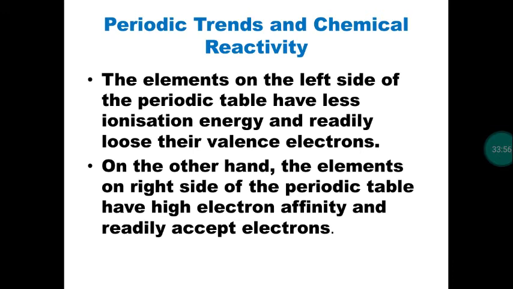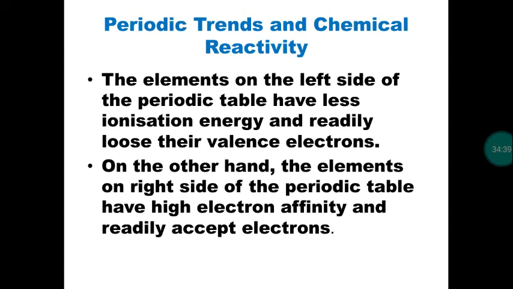Alkali metals and alkaline earth metals will have low ionization energy because left to right ionization energy increases. So group number 1 and 2 are in the extreme left side of the modern periodic table. Ionization energy low means the outermost electron can be easily removed, so it forms a cation. So sodium or magnesium, calcium or else barium, potassium, all these group 1 and 2 elements have low ionization energy. So they can easily lose the valence electron, thereby forming cations.